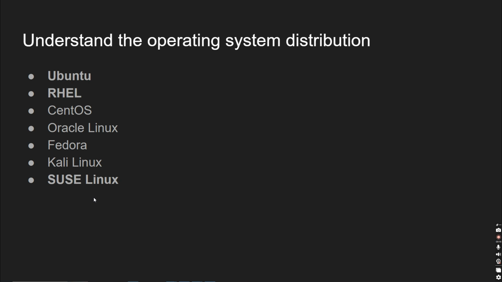The differences I am talking about matter once you get into being a real Linux administrator. If you are working as a Linux admin, then you need to really care about the differences. But if you're an application developer who just develops applications and deploys them on these machines, it doesn't matter a lot to you because most of the things are the same for you.